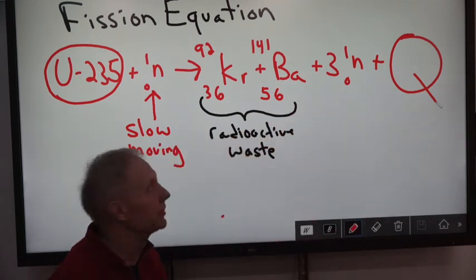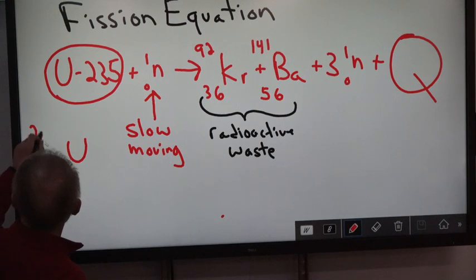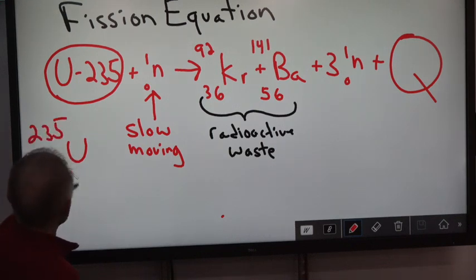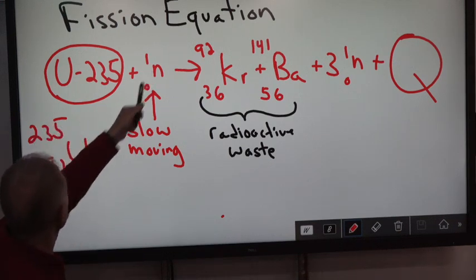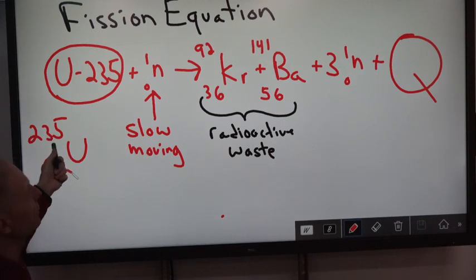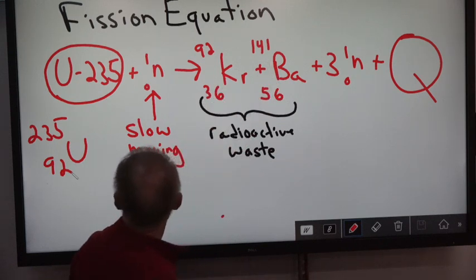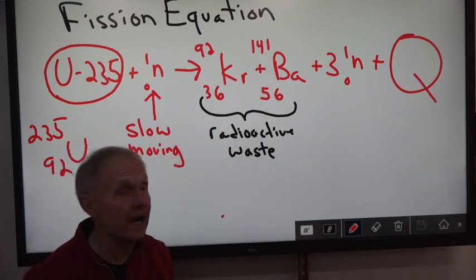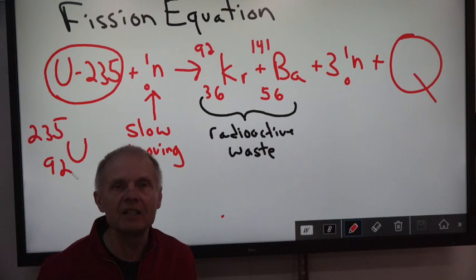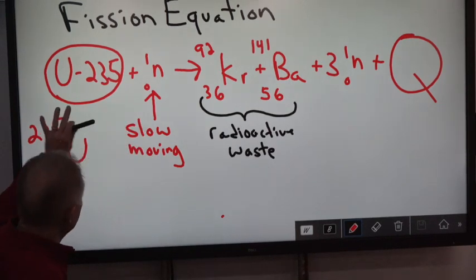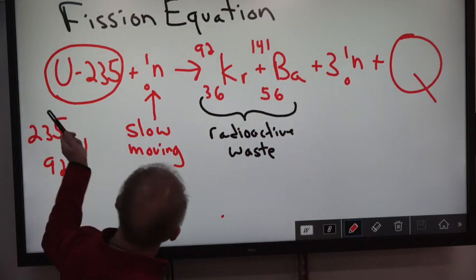Now, the cool thing about this is, this uranium-235, I'll put it down here, 235, 92. If you look, 235, 92 plus 1 neutron, that would be 236 for mass over here. If you look over here, 3 neutrons, barium, and krypton, that equals 236 for mass. And 92 here, 36 and 56, that's 92. So all the mass and the atomic numbers on the left equals all the mass and the atomic numbers on the right. So this is the formula